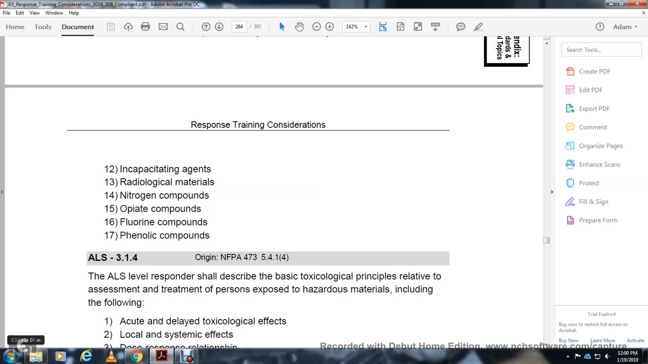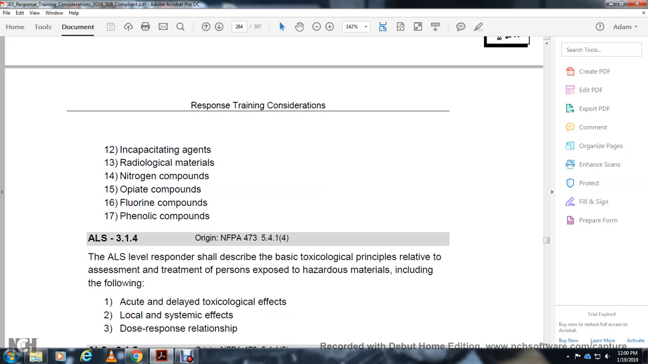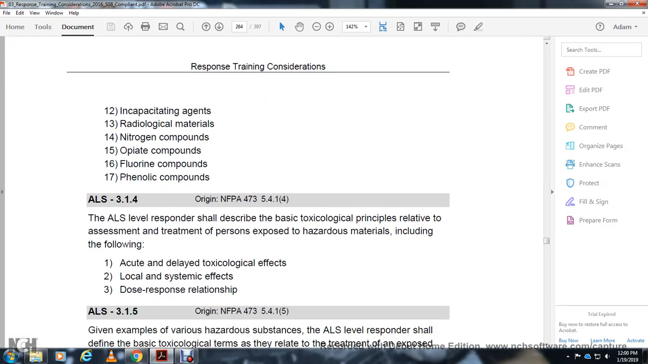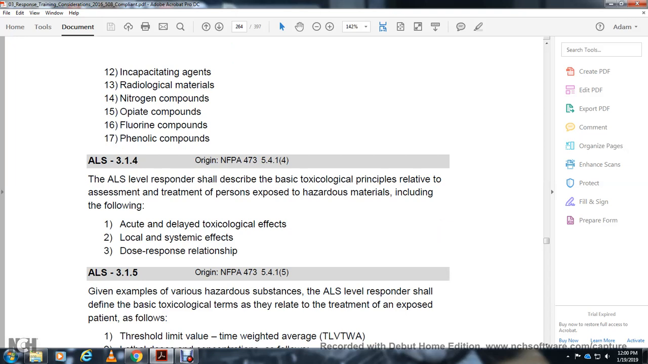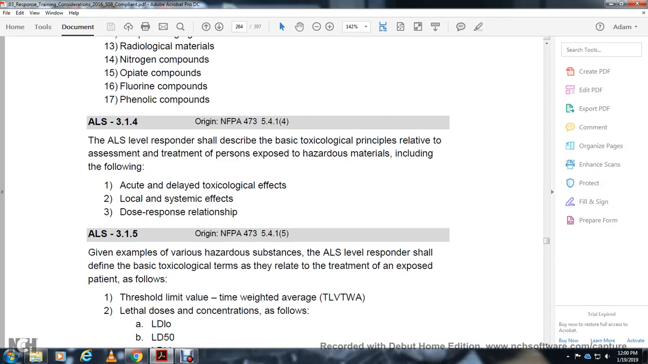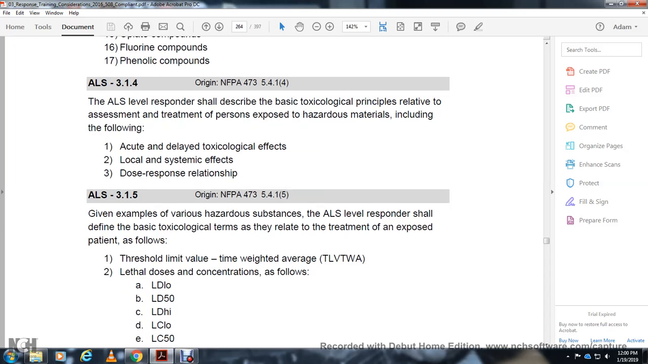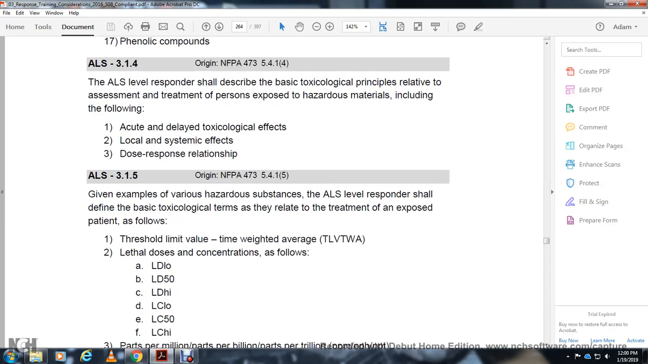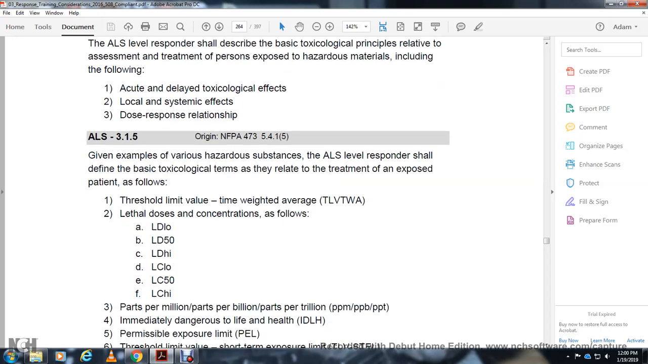The advanced life support level of response should determine the basic toxicological principles for the assessment and treatment of patients exposed to hazardous materials, including acute, delayed, toxicological, local, systemic, and dose-response relationships. Give examples of various hazardous substances. The advanced life support level shall give the basic toxicological terms as they relate to treatment and exposure of the patient: threshold limit value, time weighted average, lethal dose, lethal concentration, LD50, LC50, parts per million,